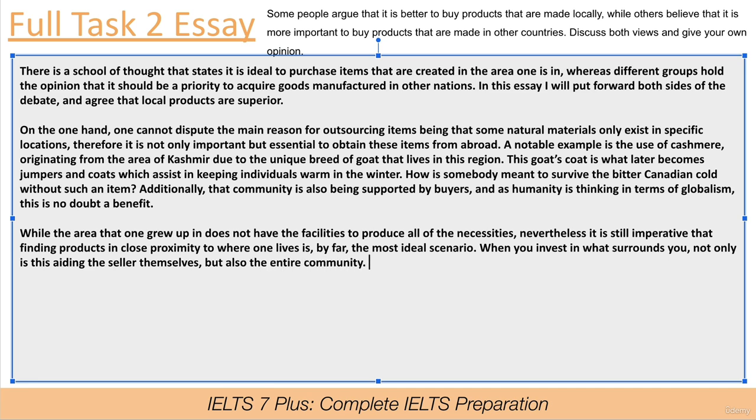Now let's go into an example. So, for instance, we can talk about a mountain village. In a mountain village,